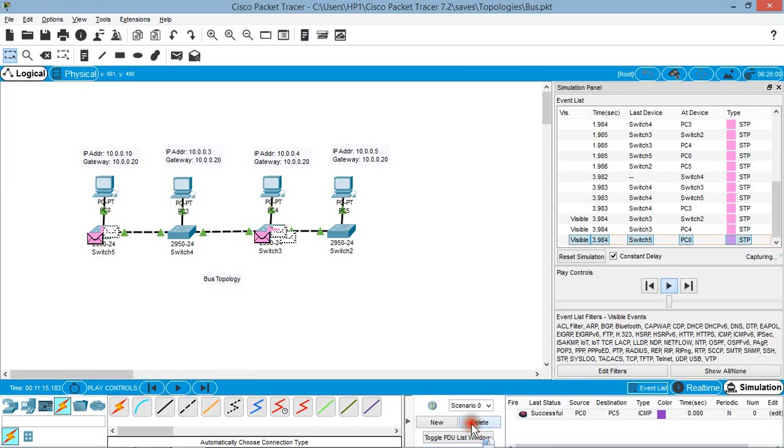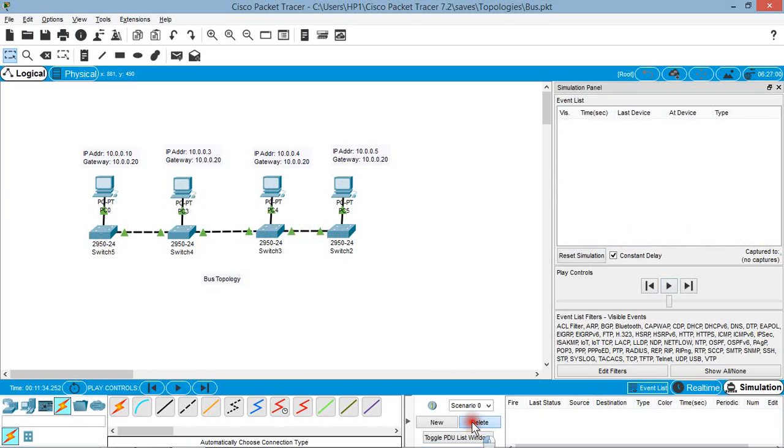So I'll delete these packets first. From here I am deleting the packets, and now I am going to create a cut in between these two devices, so I can remove the cable connected between these devices with the help of this option available in Cisco Packet Tracer. I am deleting this portion of the cable,